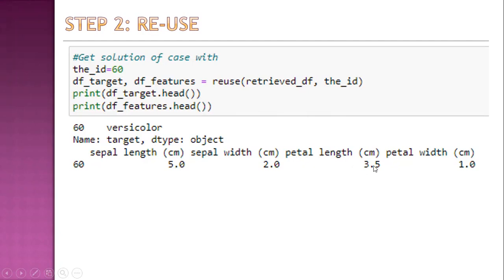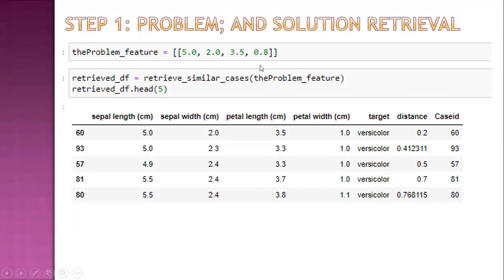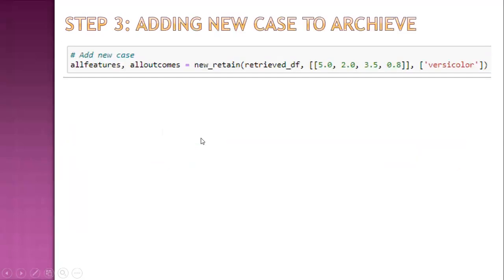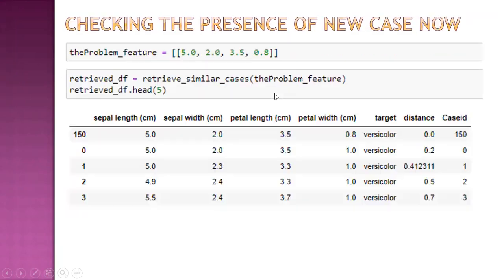The difference is that in the fourth feature the value is 1, whereas in our problem it was 0.8. So it is not exactly matching, but it is very similar. So we can use that species, versicolor, for our current problem, or we can retain this, or we can